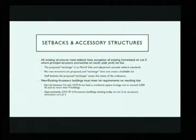The setbacks are the only piece that are a little bit, there's one setback in particular where the existing principal structure does not actually meet the side yard setback, which is on the southerly lot line of lot number 5. It encroaches by approximately 1.1 feet based on the certificate of survey. If you look at our code, it's a little bit